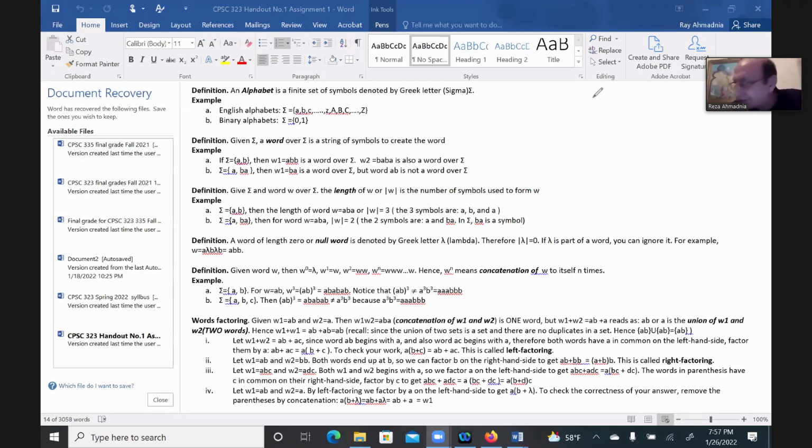Professor? Yes, ma'am. I have one question. What if the letter is available in the middle of the word? Can we do factoring for that? Or is it... Okay, no. See, if I have,